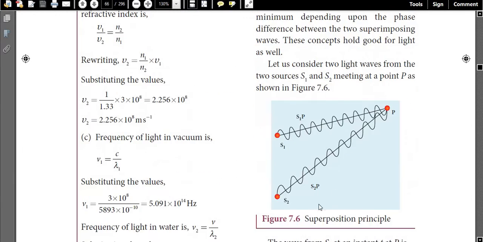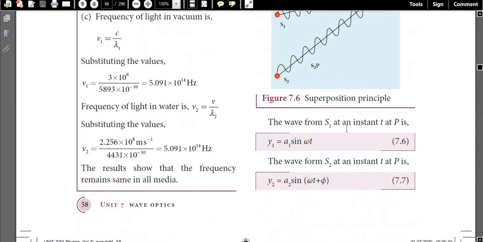With this diagram, we can easily understand the interference of light. There are two waves produced at a different distance, meeting at a point P. Let us consider the light waves from the two sources S1 and S2 meeting at a point P, as shown